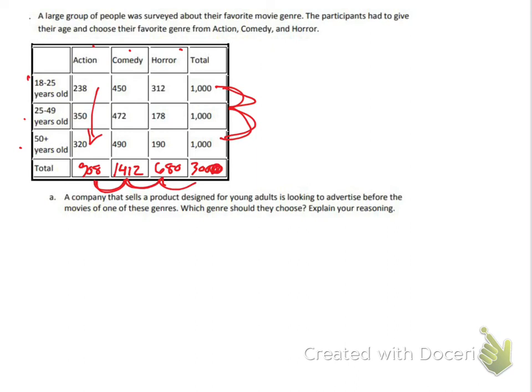The question says, a company that sells a product designed for young adults is looking to advertise before the movie of one of the genres. Which genre should they choose? Explain your reasoning. They're looking for young adults, so obviously young adults are probably going to be in the 18 to 25 category. Which one should they choose? I probably would say comedy,